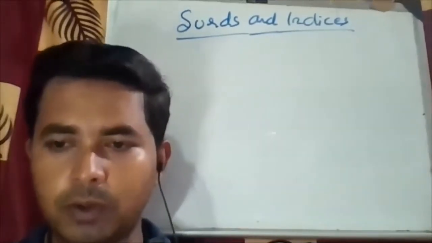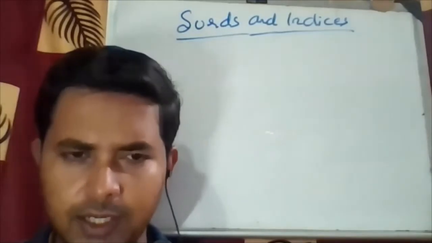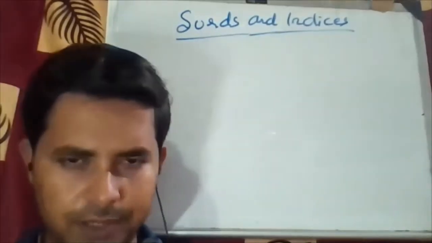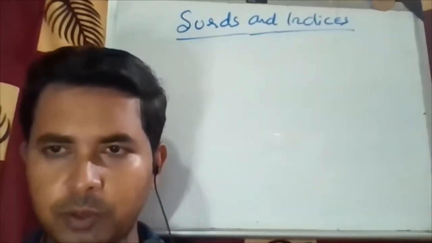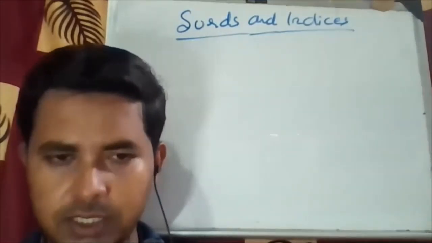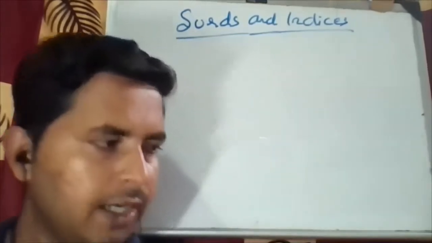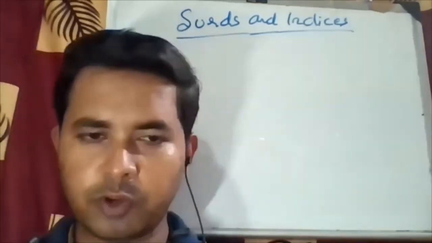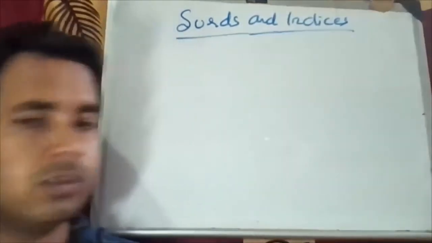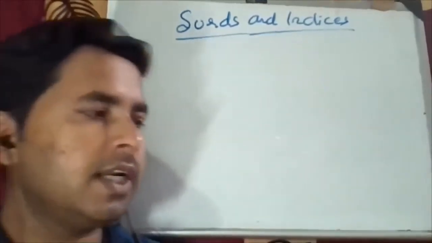So here what we have to do, there's a theoretical way. We have to see some formulas because we have to apply those formulas while solving the questions. So I'll just list out the formulas. I won't explain those because you people already know. So I'll just recall those formulas. It will help you people to solve questions on surds and indices.